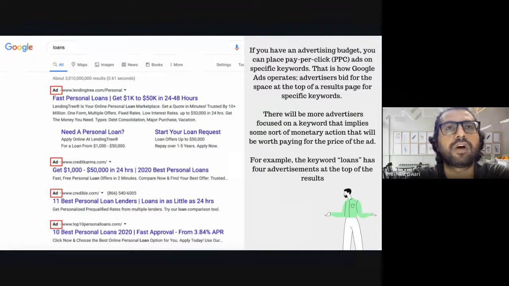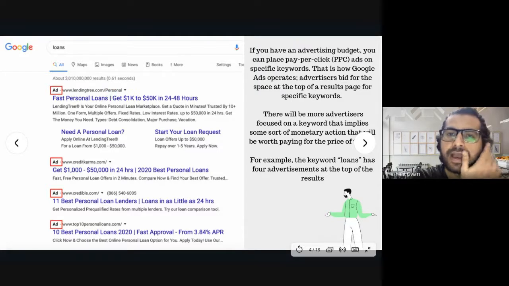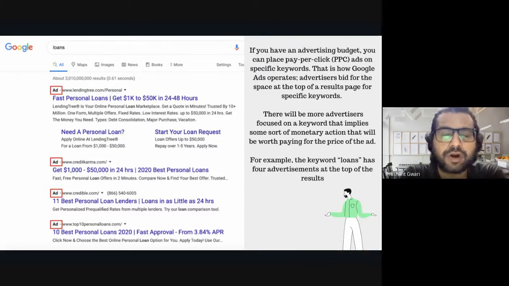So that's why we call them PPC, pay per click. If a visitor clicks on this website, the amount will be deducted from this website's Google account. So if you have an advertising budget, because in search engine optimization you are targeting keywords in your content, but it will take around 5 to 6 or maybe 8 months to show results, because there is a lot of competition there